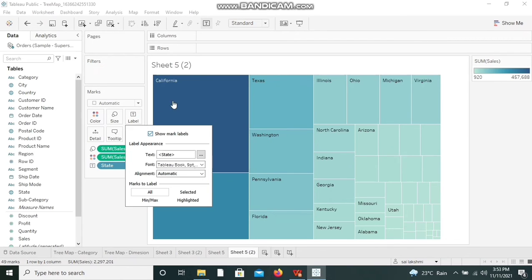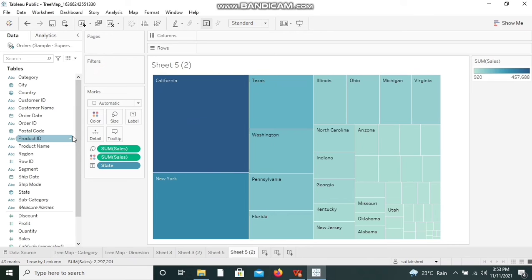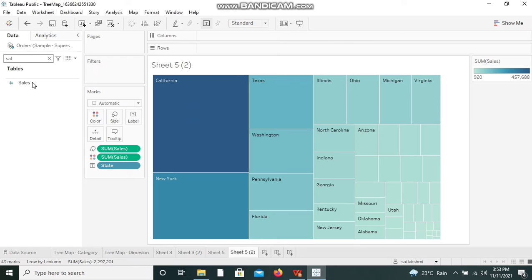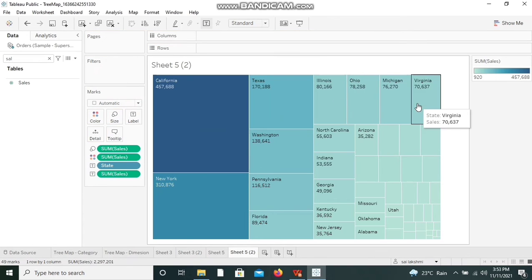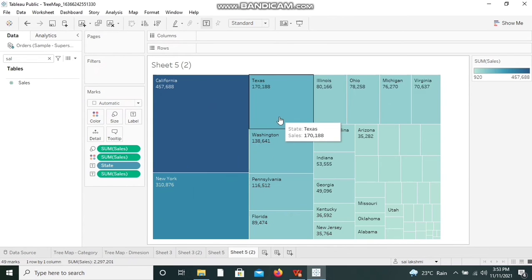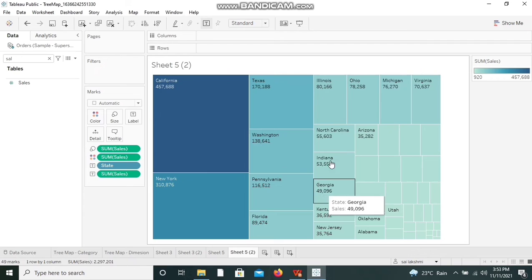I am enabling the label. I'm selecting sales and dropping it in the label shelf. We are able to see the values, states, everything. Hierarchy is ready, and we are able to take the decisions clearly, and everything is at one place.